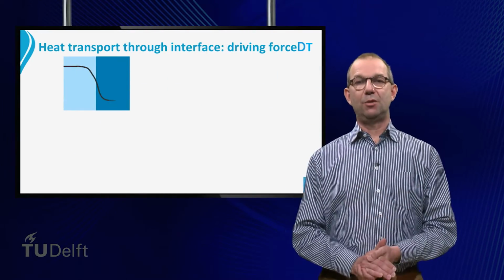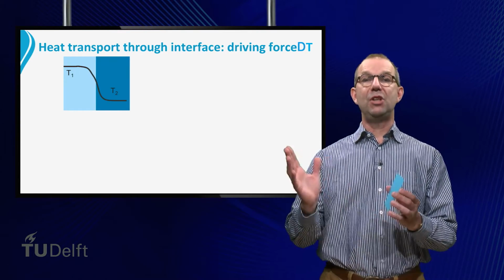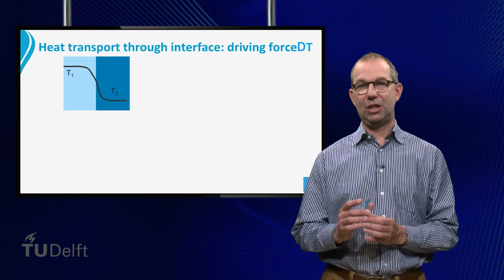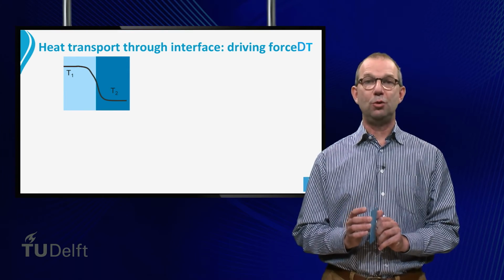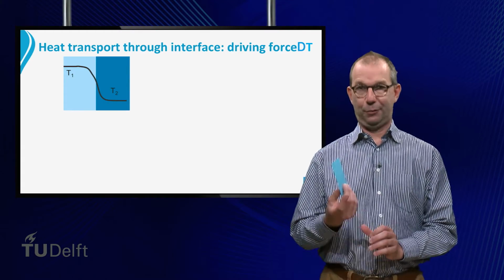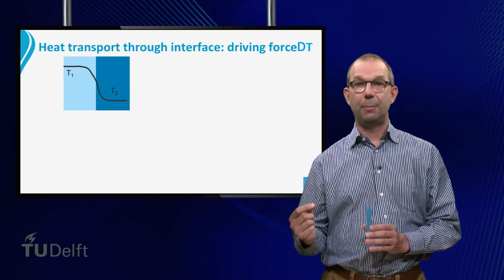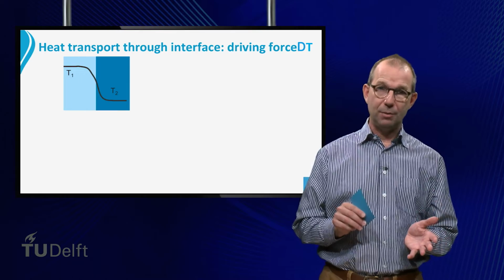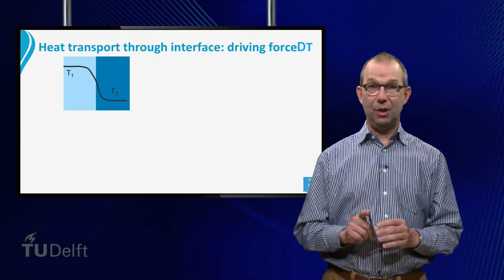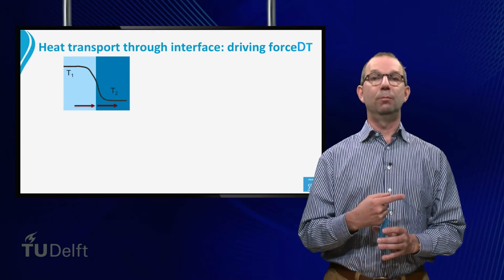What happens when heat is flowing through an interface that separates two different media? In general, different ways of heat transfer are possible. We have seen one example when we studied conduction through two flat layers. The picture on the sheet shows the two sides of an interface. The light blue part, where away from the interface the temperature is high, and the dark blue part, that away from the interface has a lower temperature. Clearly a driving temperature difference is present, and we may expect a resulting heat flow.